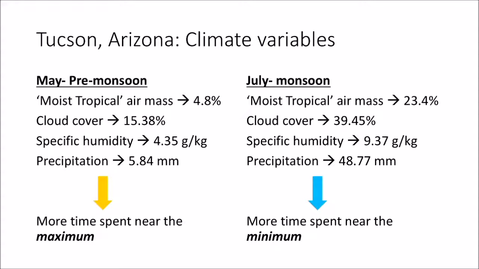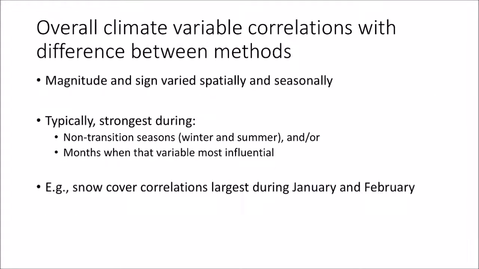Then July, early to mid-July, typically the North American monsoonal pattern initiates, much moister atmosphere, and it's very apparent in our statistics here. So the frequency of moist tropical air masses goes up by 6 times, cloud cover more than doubles, humidity on average more than doubles, precipitation goes up immensely. So now you have the moister atmosphere, temperature can't rise quite as quickly, and the implication now is you have more time being spent near the minimum, and you go back to that positive skew, rightward skew in your daily average temperature, and back to the twice daily method overestimating temperature compared to the more true 24-hourly average.